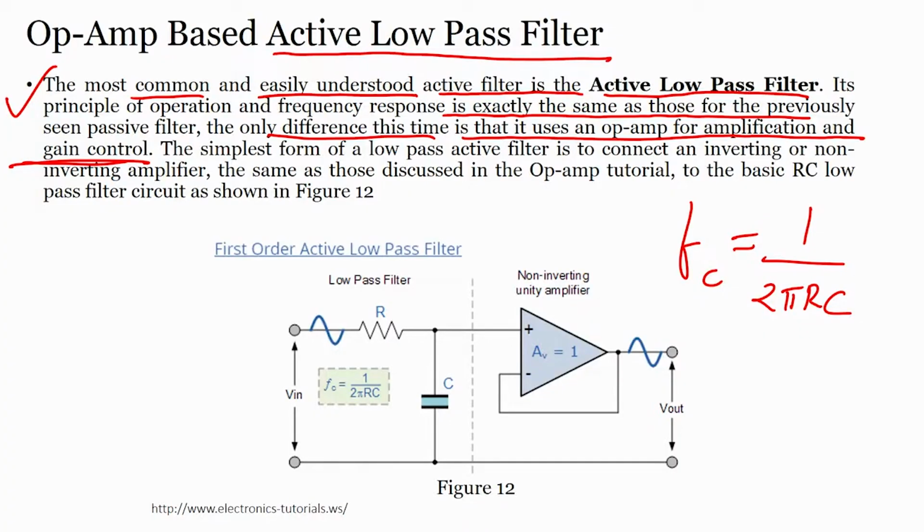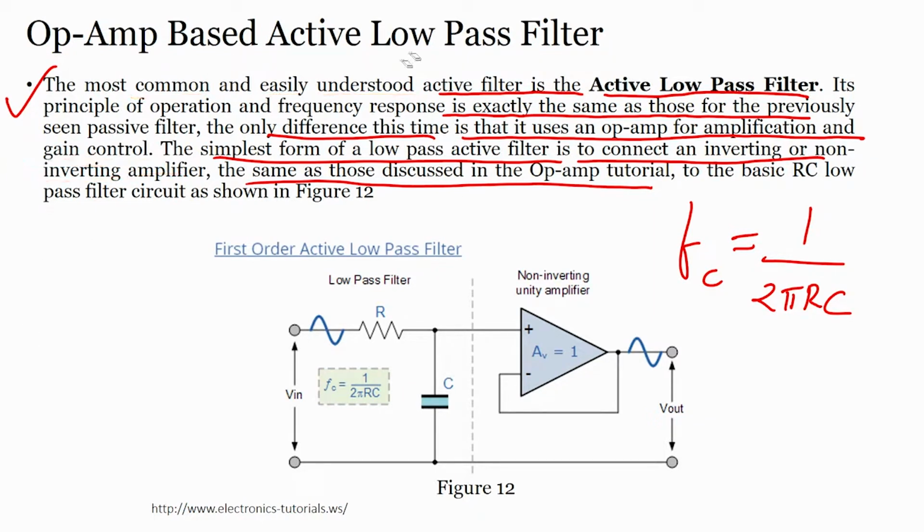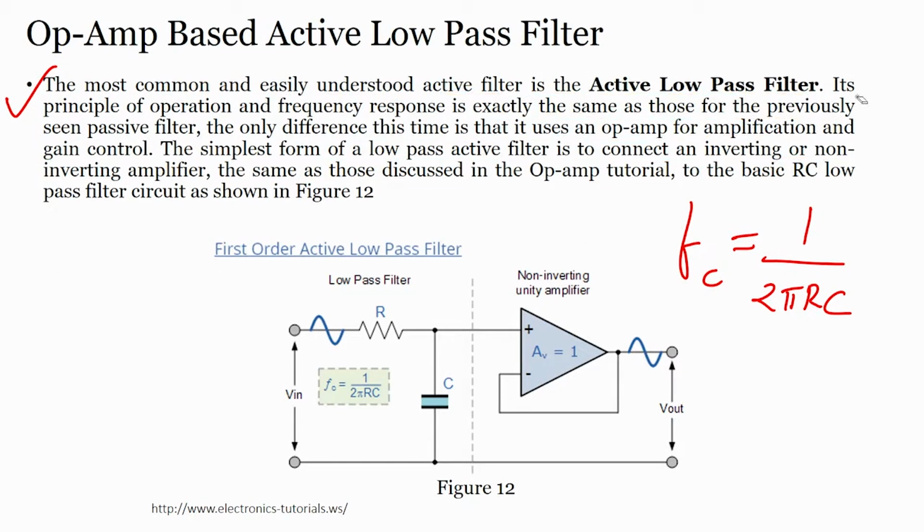So, let us go back to the slide. The simplest form of active low pass filter is to connect an inverting or non-inverting amplifier, the same as those discussed in the op amp tutorial. We have seen op amps, inverting amplifier, non-inverting amplifier, we have seen some examples, right. So, the easiest way of constructing the active low pass filter is by connecting it to an inverting or non-inverting amplifier. You can also connect a unity gain amplifier to the basic RC low pass filter,